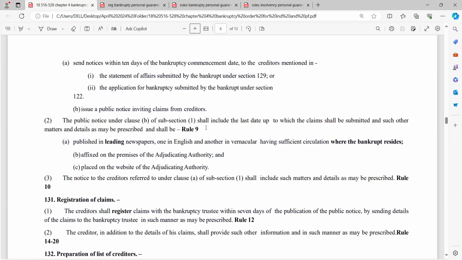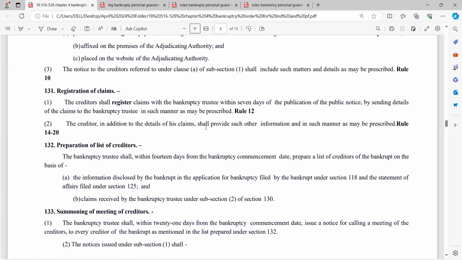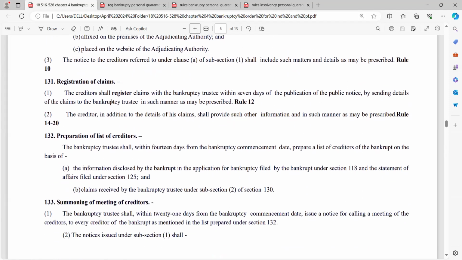ठीक है, अब चलते हैं 131। 131 इज टॉकिंग ऑफ रजिस्ट्रेशन ऑफ क्लेम्स। The creditor shall register. ठीक है, तो इंसॉल्वेंसी में भी वर्ड रजिस्टर था मेरे हिसाब से, है ना? और यहाँ पर भी रजिस्टर, जबकि सीआईआरपी में कुछ और ही वर्ड है, क्लेम या लॉज या फाइल। The creditor shall register claims with the bankruptcy trustee within 7 days of the publication of the public notice. इंसॉल्वेंसी में कितना पीरियड है? 21 डेज। हाँ, तो वहां पर 21 days दिया है, यहाँ पर दिया विद इन 7 days